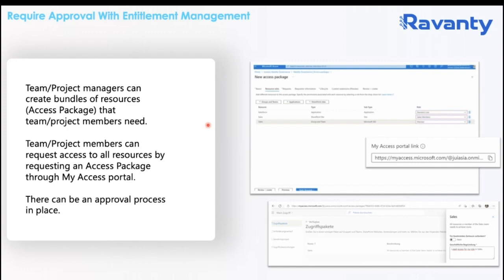And if they say, no, I don't, it automatically removes them from that access package, which in turn automatically removes their permissions from those different resources which are provisioned. So this is a beautiful new component of Azure Active Directory as part of their identity governance suite of products. It allows you to automate that, and this reduces a lot of the manual intervention involved with assigning resources. It eliminates users from having to create tickets, and on day one, users log in and have access to what they need. And you, as an admin, have auditing and controls to see who has access to what.